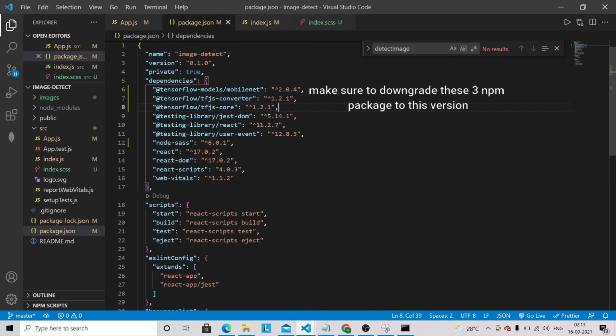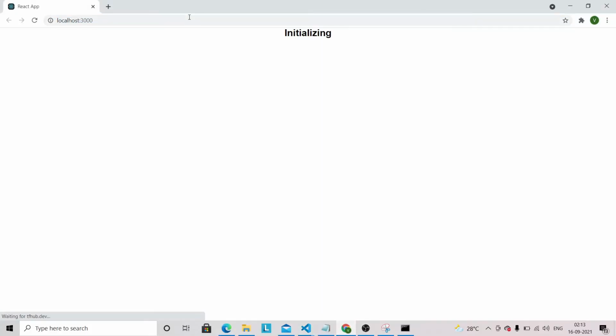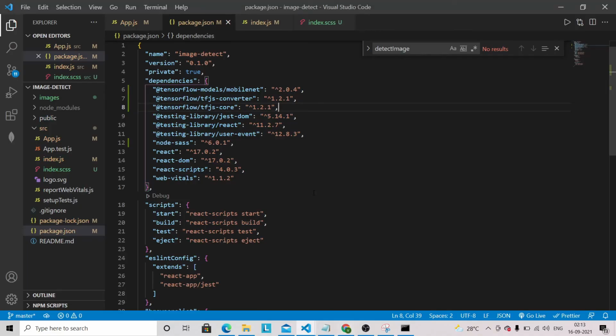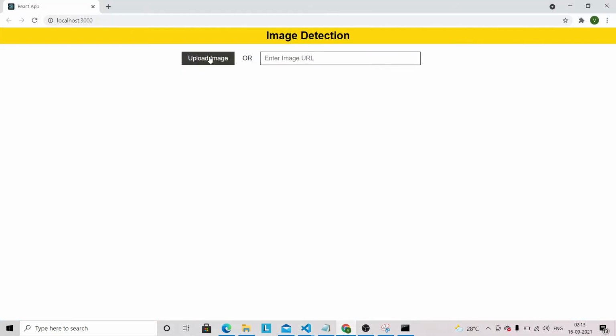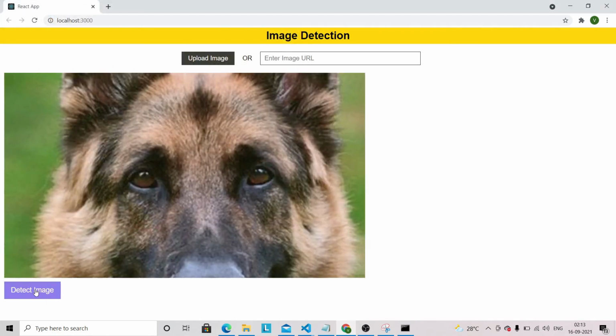So let's make sure to have this version only. Let's go into the browser and refresh this. I have already downgraded that npm package to that version.